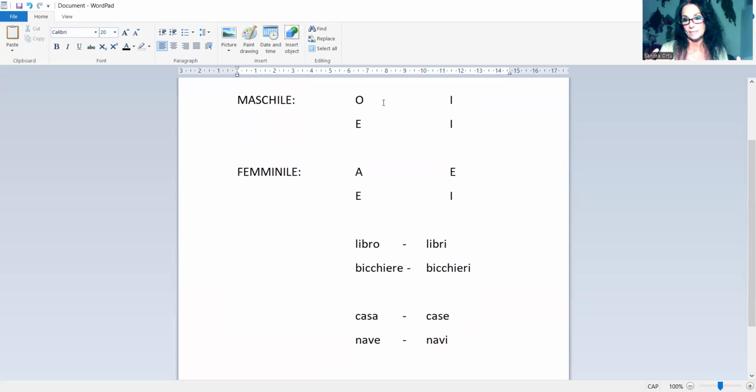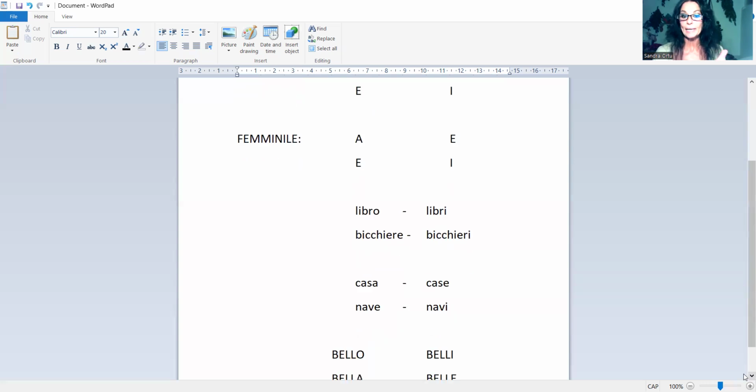So look for patterns, basically. Normally, the letter o, automatically you think masculine singular of nouns and also of adjectives. So, for example, o masculine singular, like libro. Un libro can actually be bello.